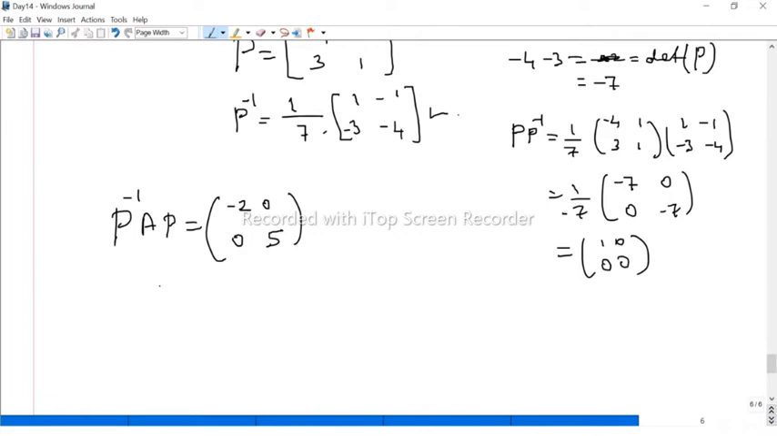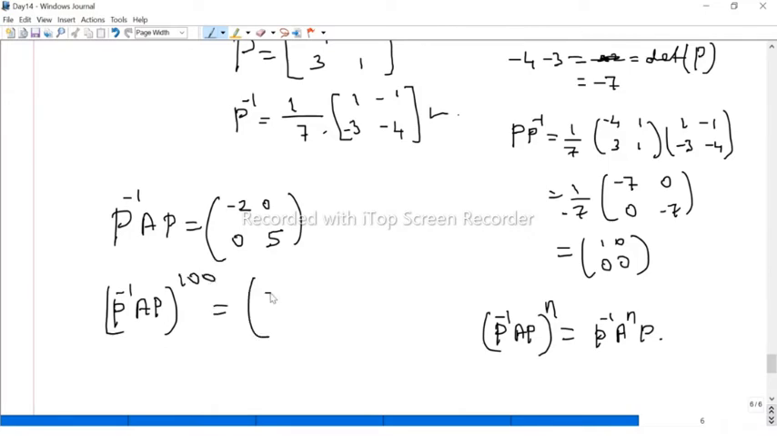Now raise the power 100 on both sides. I already said that P inverse A P raised to any power n is nothing but P inverse A to the power n times P. The power comes only in the middle of the matrix. So now raise the power 100, and you get (P inverse A P) to the power 100